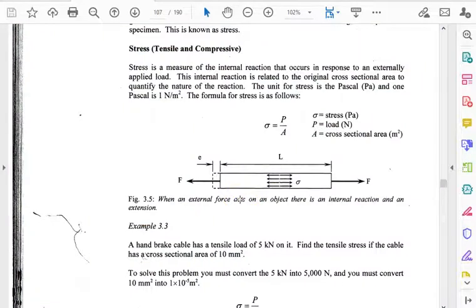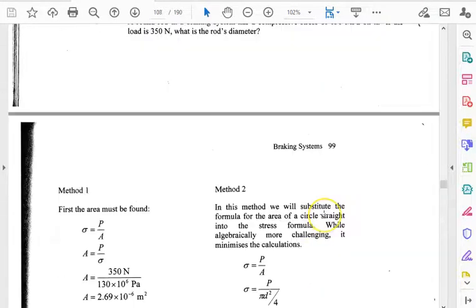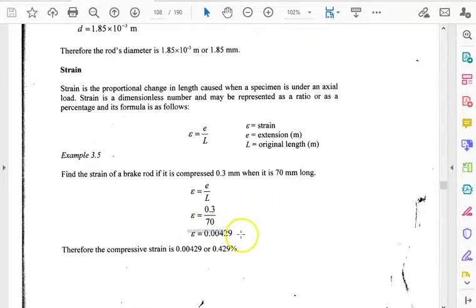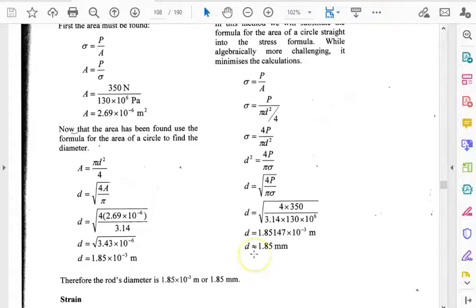Now, strain confuses a lot of people, but strain is the extension divided by the original length. Technically it's the change in length, but if we're doing a tensile test, tensile means stretching, so it's always going to be extension. It's important to remember that strain does not have a unit. If we calculate the strain of an object, it is unitless. Here it's just written as a number. It can be converted to a percentage, but it's just a number. It's a ratio. Stress on the other hand is measured in